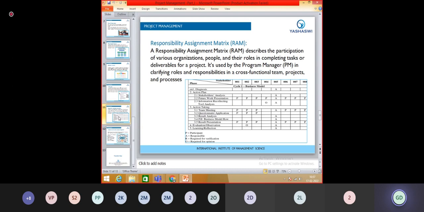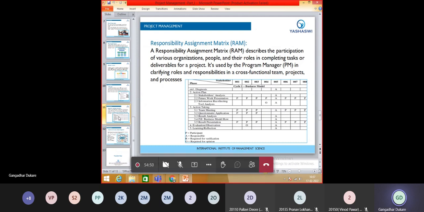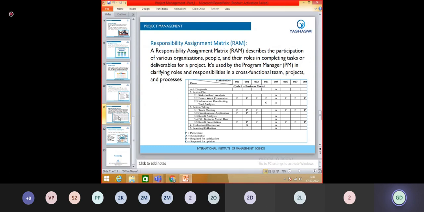These are the responsibility assigned matrix. A responsibility assigned matrix describes the participations of various organizations, people and their roles in completing tasks or deliverables of that project. It is used by the program manager in clarifying roles and responsibilities in cross-functional teams, projects and